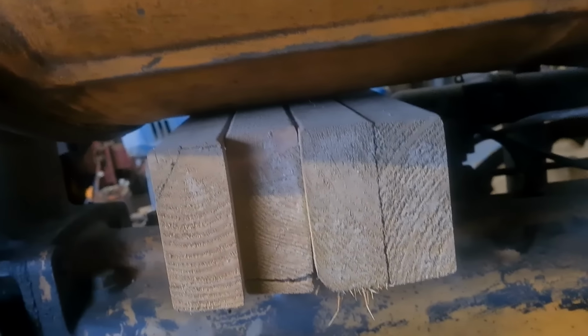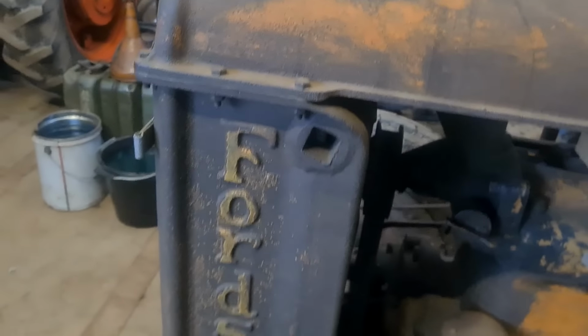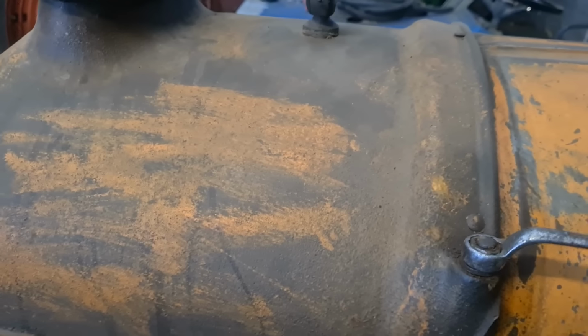Okay, so I'm going to start dismantling the 38, and I put a block of wood under there on the tank just so I can release the radiator bracket, and water's already draining out, and I can undo the flange bolts on the bottom of this and pull the radiator off. Then I can do the strap at this end, then I can get the tank off and, you know, make headway towards putting this other engine in. But